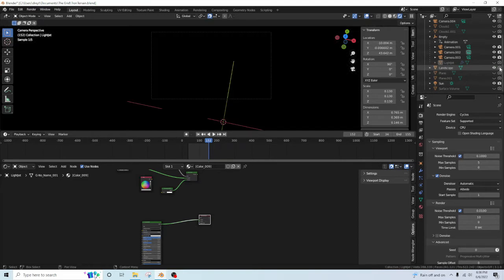Same thing for the landscape. It takes a sec to load. What do you mean rendering that? Oh,